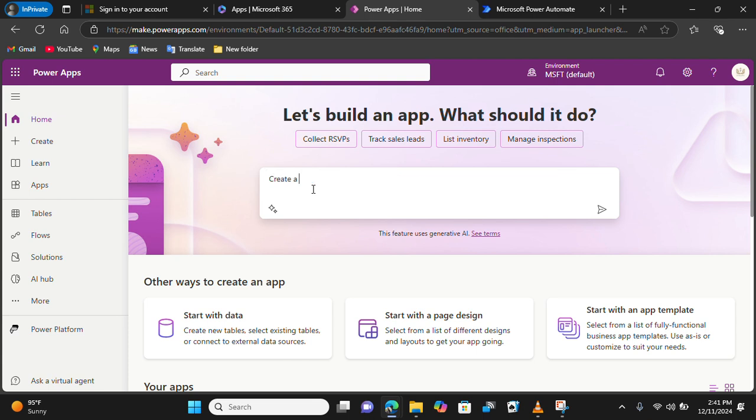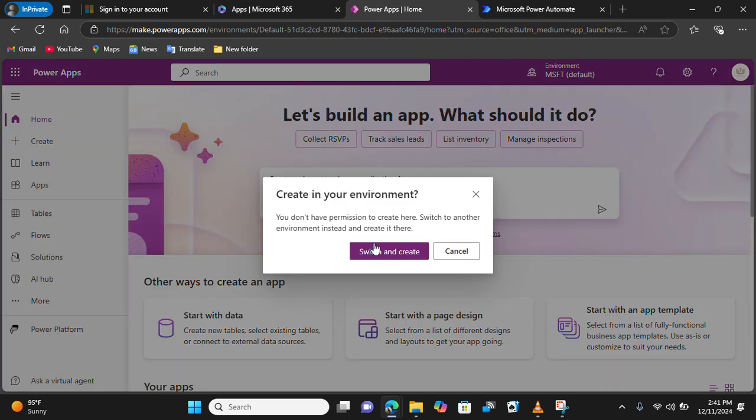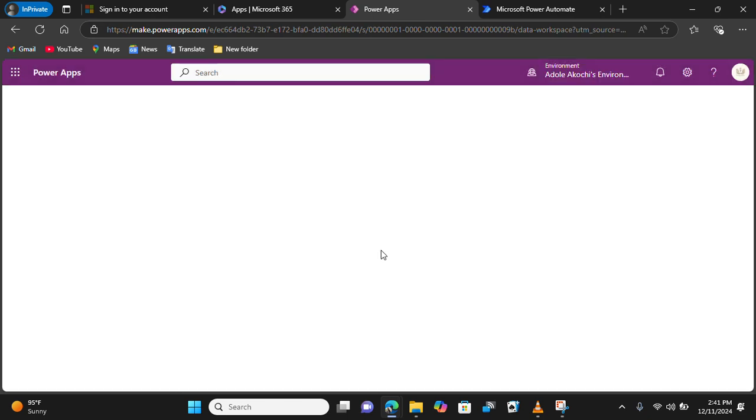Create a, what do we say now? Let's say class attendance application for me. Very simple. Yes, let me switch my environment, switch and create,